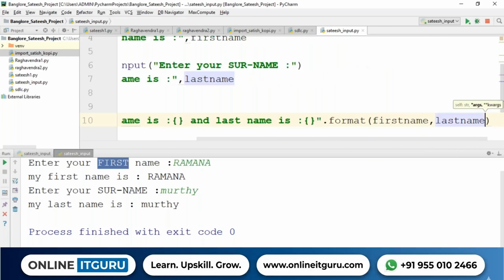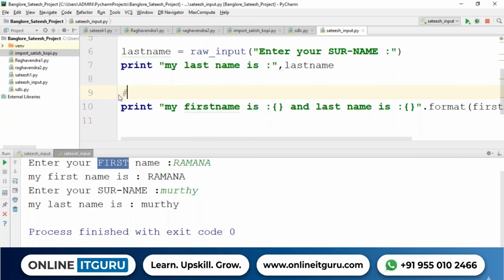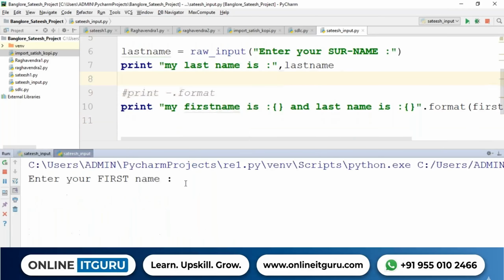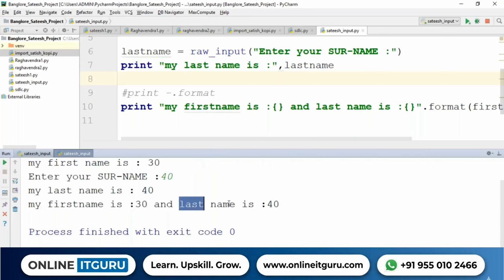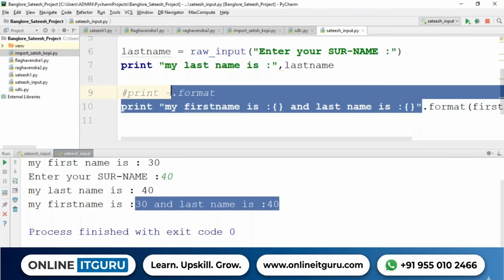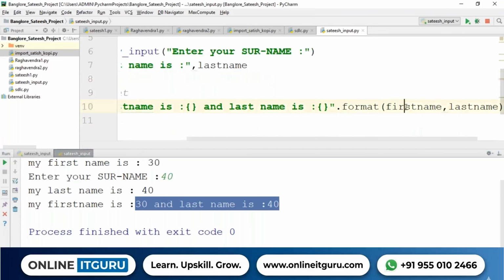Simple. See, 30, 40. So printing it all with string dot format. What is this? This is the variable. What is this? This is the placeholder. In the placeholder, this is going. In the placeholder, this is going. Okay. And my